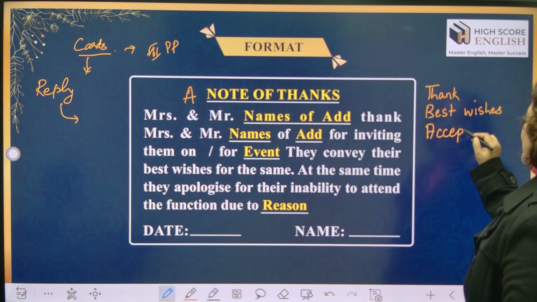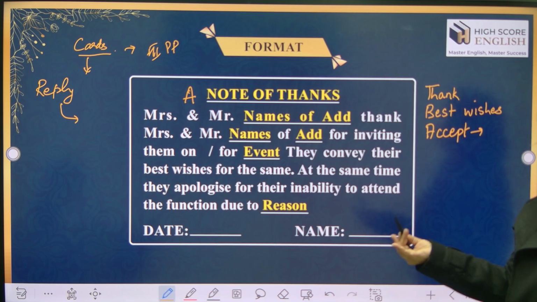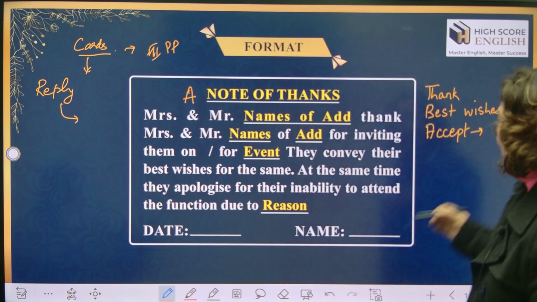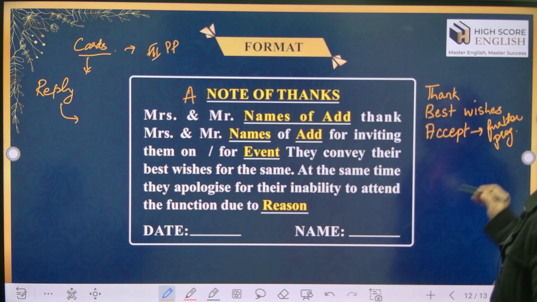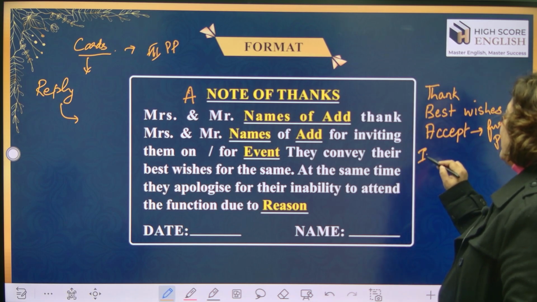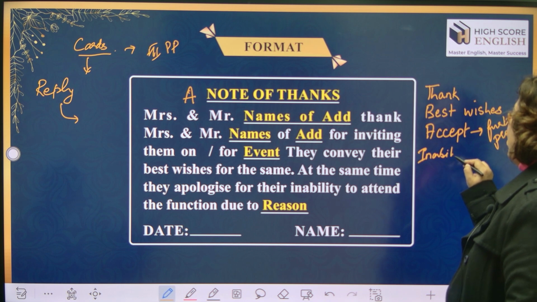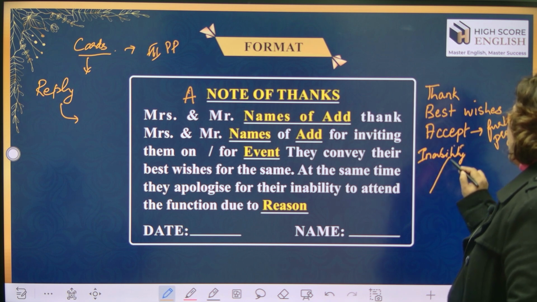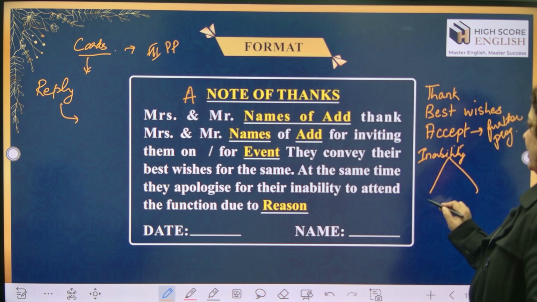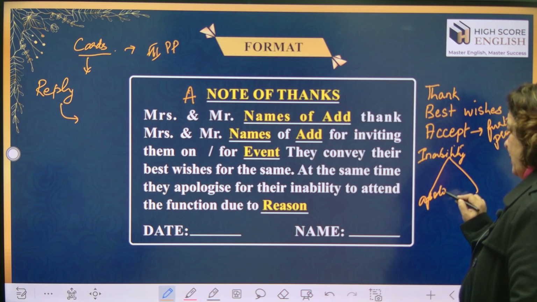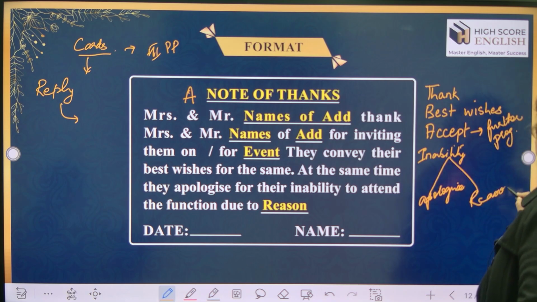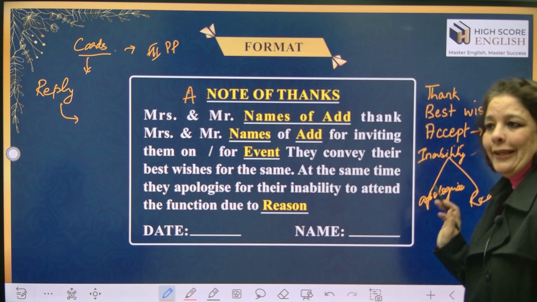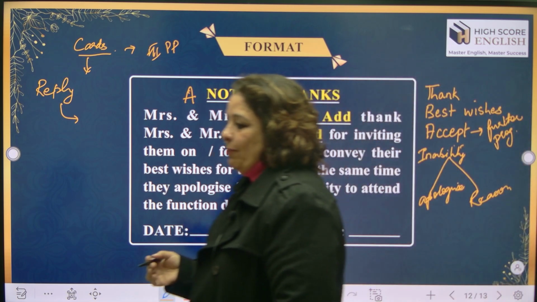If you're accepting, you're going to tell your further program, whatever is your further schedule. If you are declining, if you're showing your inability, then two things you are going to do. You will say sorry, you will apologize, and you will give a reason. This will go in all the answers. So let us do when we are replying to somebody's